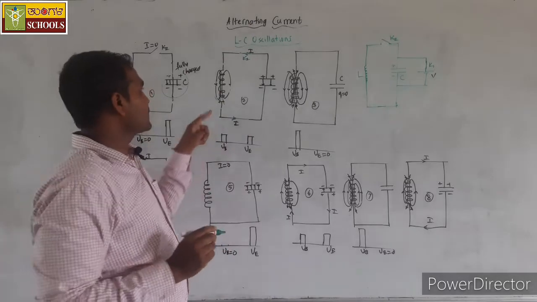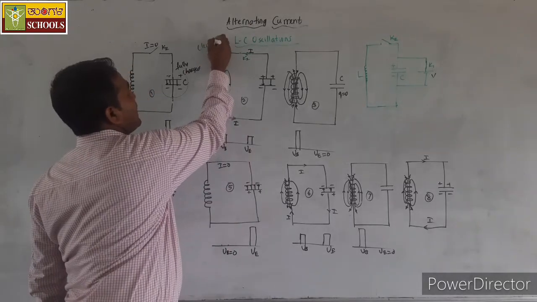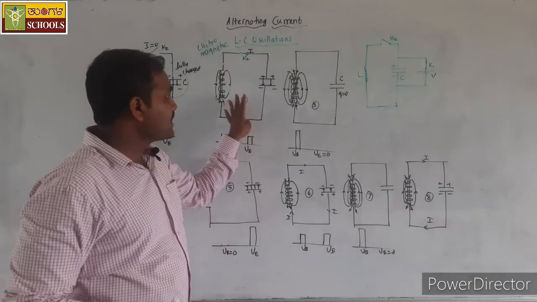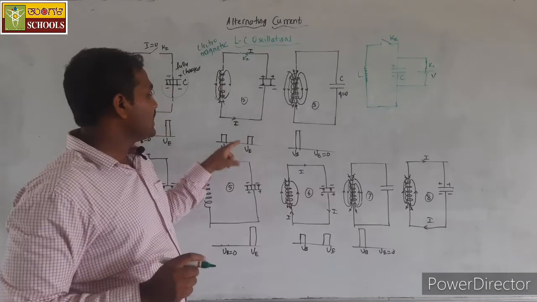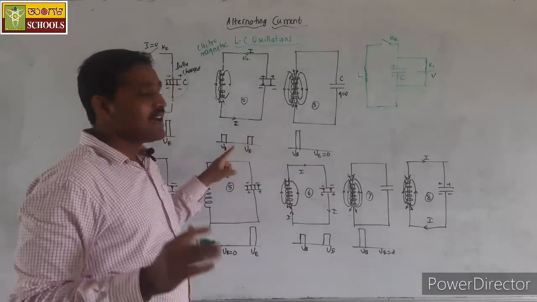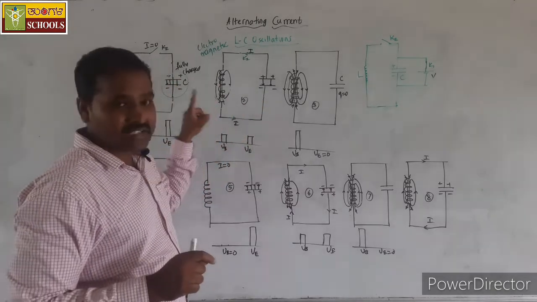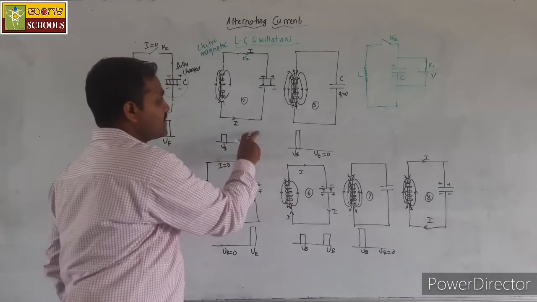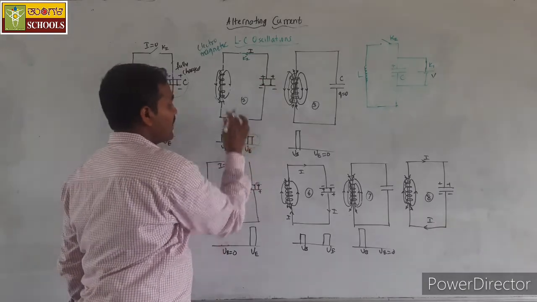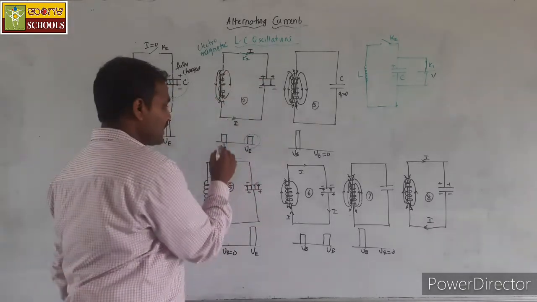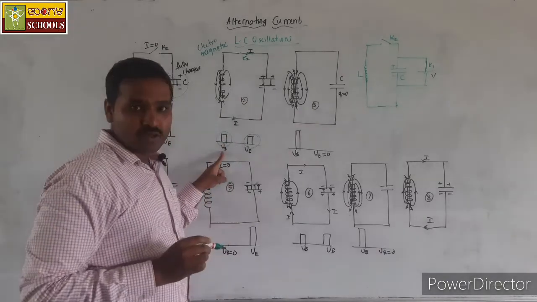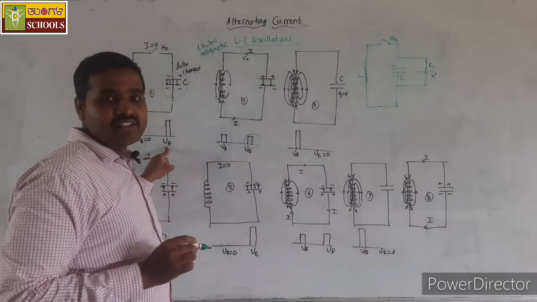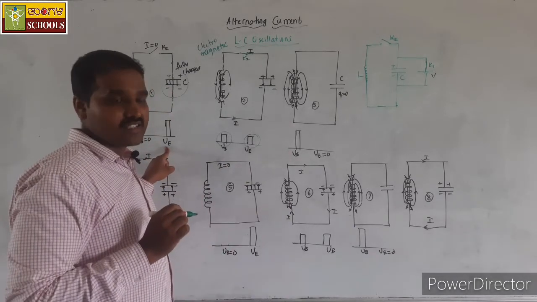That energy stored in the inductor we call electromagnetic energy. At a given time, there is some energy stored in the capacitor, represented by this bar, and the remaining energy is stored in the inductor in the form of electromagnetic energy, represented by UB here. This total energy will be equal to the initial energy stored in the capacitor because of charging.